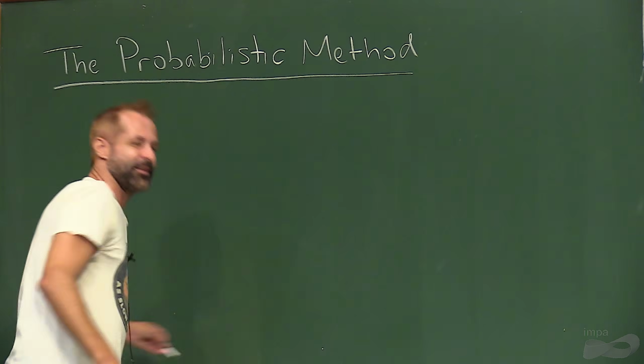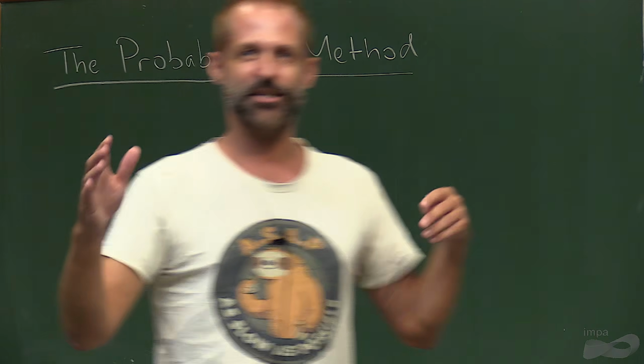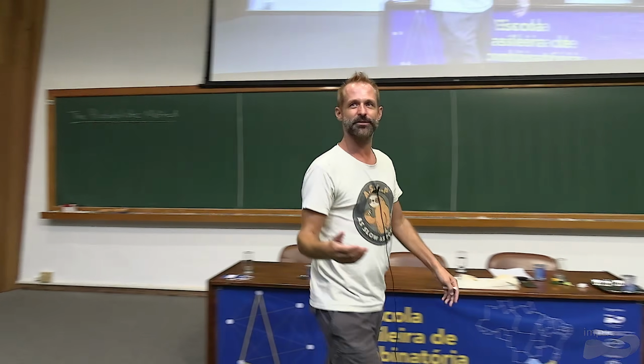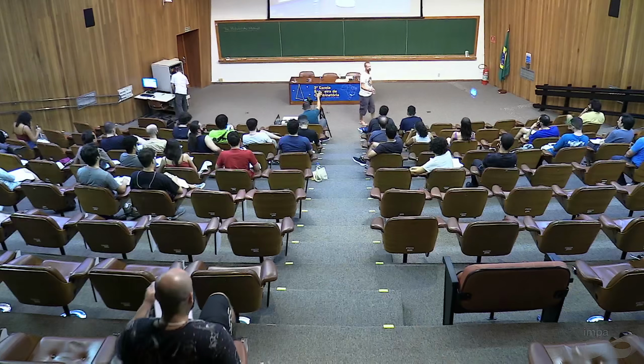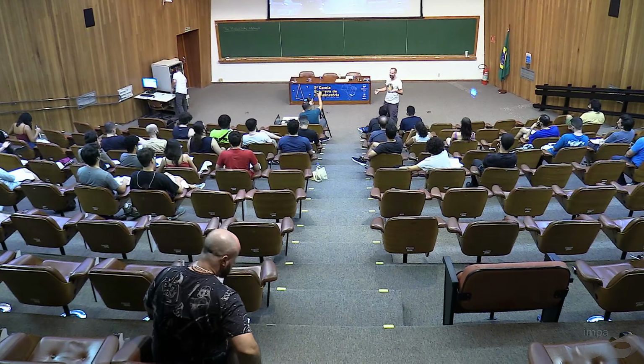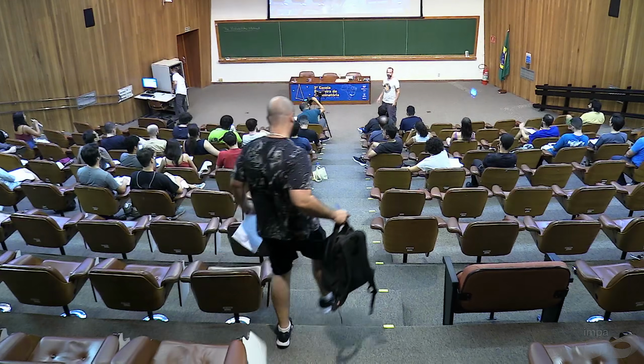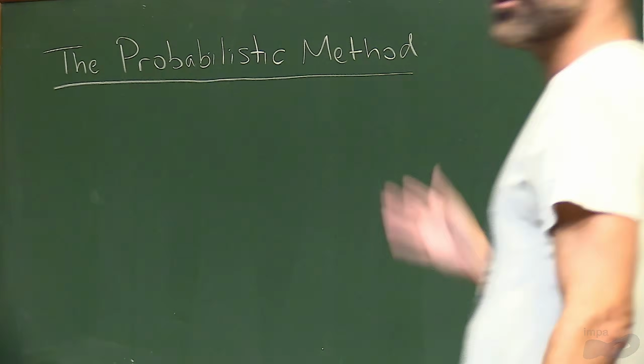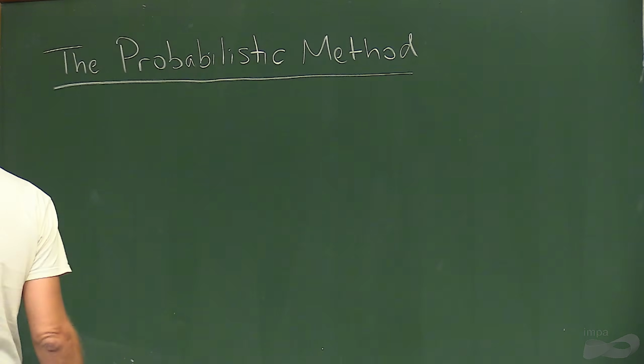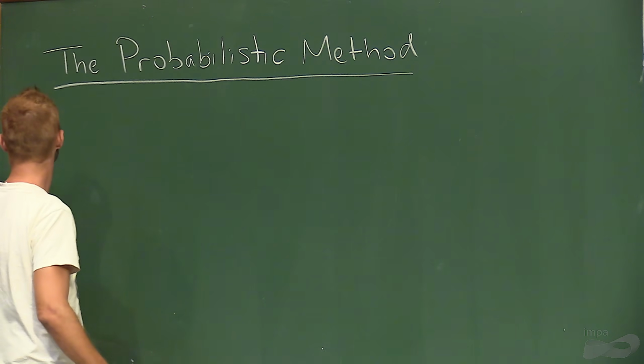So the plan is that I'm just going to do some examples, and we're going to talk through the solutions together. We're going to try and solve them together. I've got a list of like 12. We probably won't get through them. It's not a problem. We just go at the pace the people are happy with. And maybe you've seen some before, maybe not. We'll see. Okay, so here's the first question.